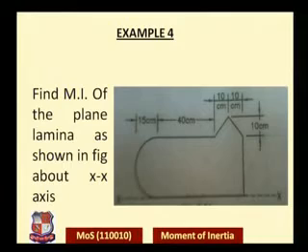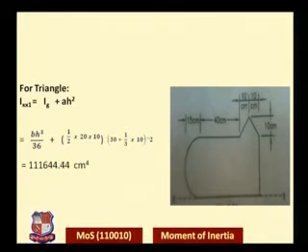This is again a very stereotype problem where a given figure is there, and you identify the standard shapes. It is quite easy. You can observe from the figure there are three standard shapes here: the rectangle, the semicircle, and the triangle. Accordingly you find the moment of inertia of all these elements, and you have to find the moment of inertia along the x-axis, that is the base of this, and just carry out the same type of calculations which we did.